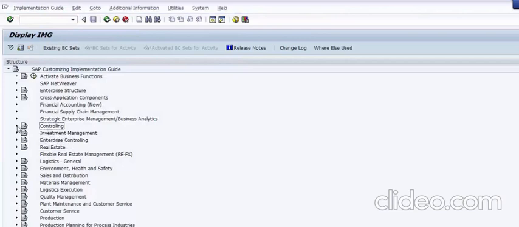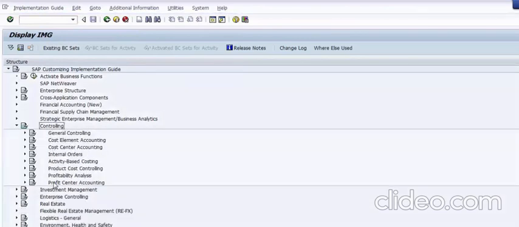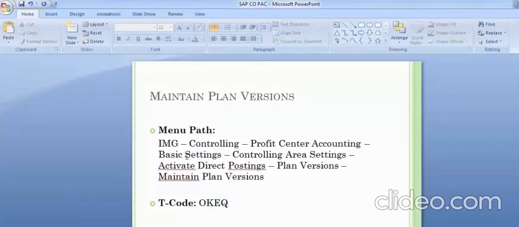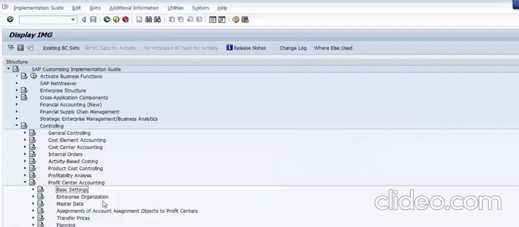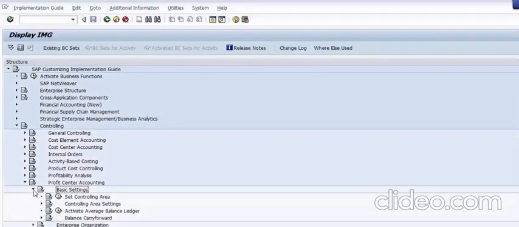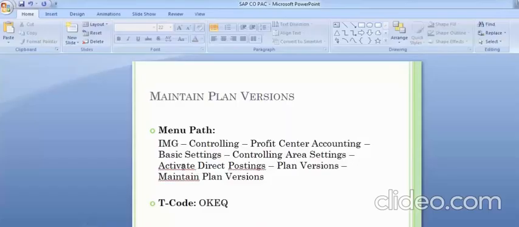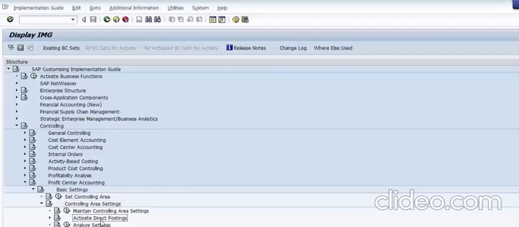and then we need to go to Controlling, expand, Profit Center Accounting, expand, and in Profit Center Accounting we need to go to the Basic Settings, then Controlling Area Settings. So Basic Settings, then Controlling Area Settings. In Controlling Area Settings, now we need to go to Actual Direct Postings and then Plan Version. So Actual Direct Posting, expand, then we need to go to Plan Versions, expand, and in this we can see